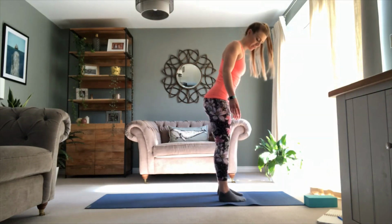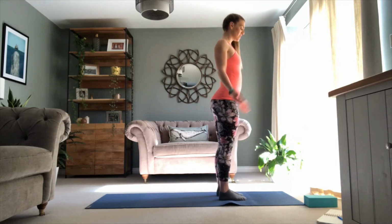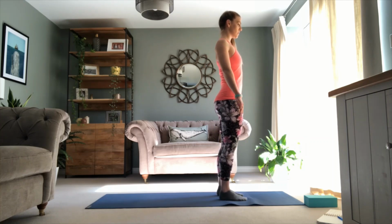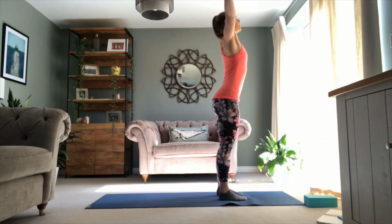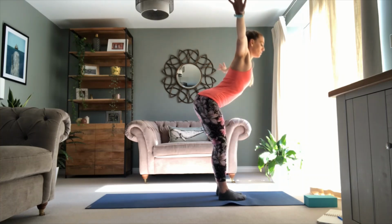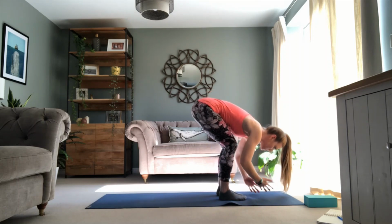Shift your feet, let's go hip distance, somewhere near the top of your mat if you're on a mat, and stand nice and tall. So notice your posture, if you tend to arch or lean in a certain direction, try to find neutral, relax the shoulders. Take a breath in, reach your hands high, and then swan dive, arms go wide, exhale, fold it all the way down. Let's try that again, inhale, sweep up, knees bend, reach high,